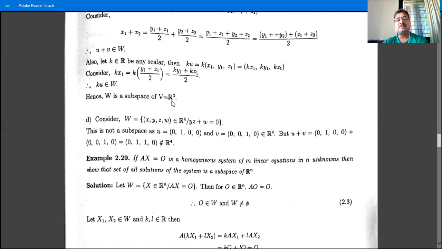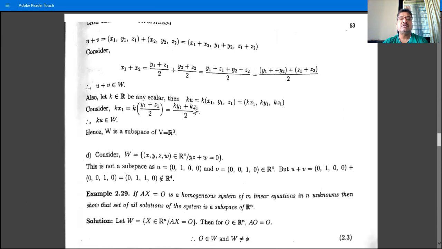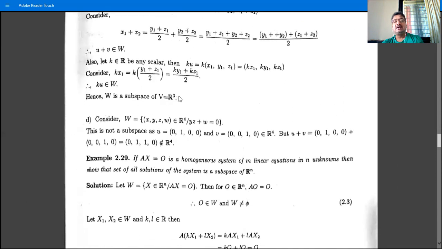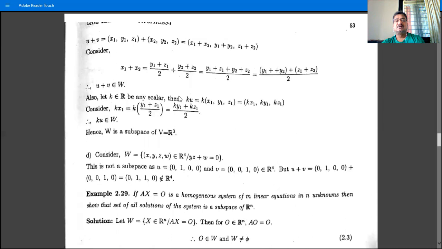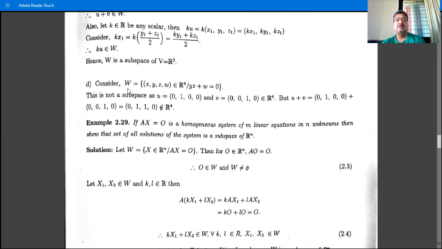Therefore W is a subspace of V equal to R3, because the elements of W satisfy both the conditions, that is, W is closed for addition and W is closed for scalar multiplication, and therefore W is a subspace of R3. Now the fourth example, W is